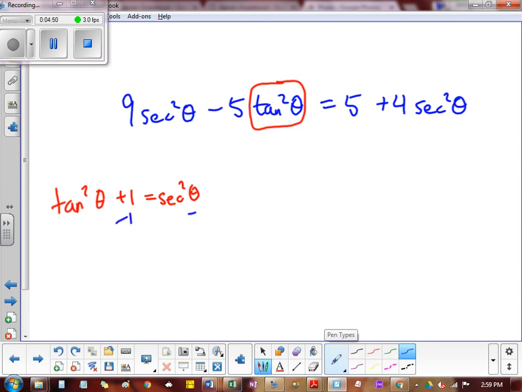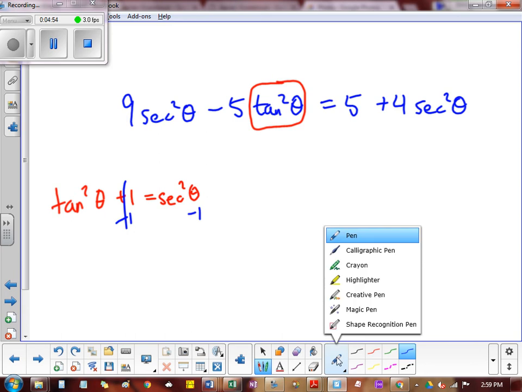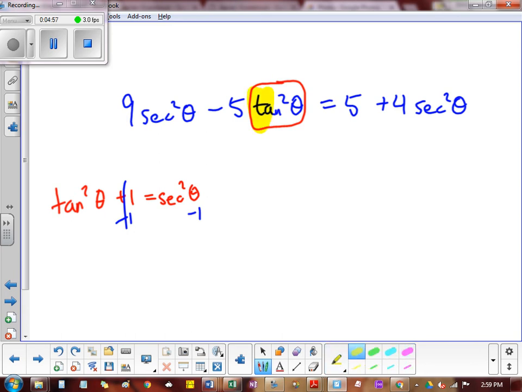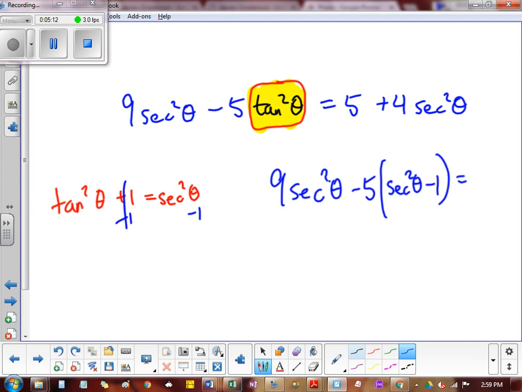You can always move the 1 over to the other side. Okay, so I'm going to replace the highlighted section with sec squared minus 1. And of course, I'm going to put it in parentheses. So now it looks like this: 9 sec squared theta minus 5 times sec squared theta minus 1. Not allowed to touch the right side. If I distribute the negative 5,